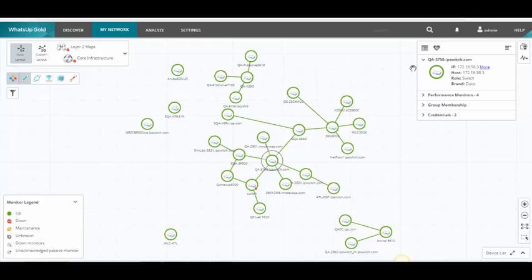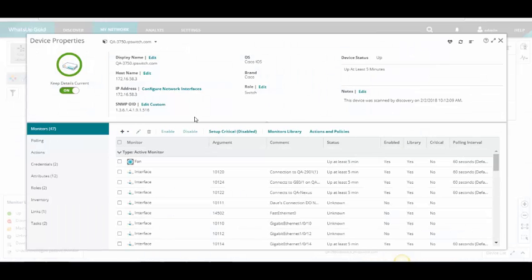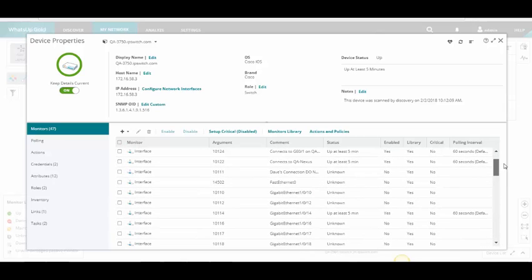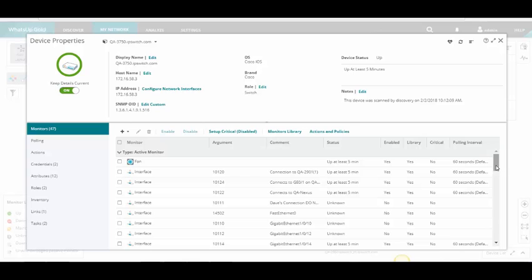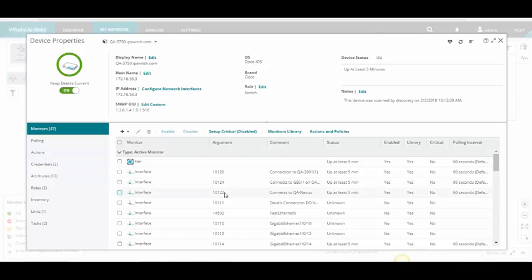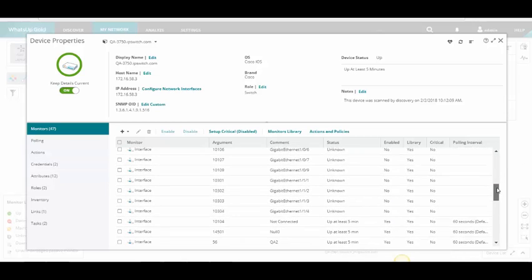From the device card, we will also see a properties page, which we can click to. And here we will get more information about the device. We'll get the specific IP, we'll get the role of that device, and just from discovery, we picked up all of these items to monitor. On the standard network gear, routers, switches, and firewalls, we will pick up fan, temperature, power supply, ping. We'll pick up all of the interfaces from the device, and we will begin monitoring the interfaces that are active during discovery. However, at any time you can turn off those interfaces from being monitored.